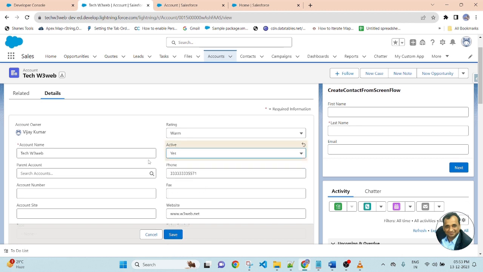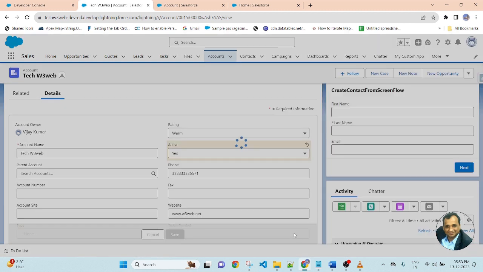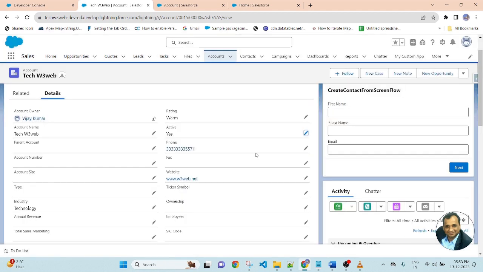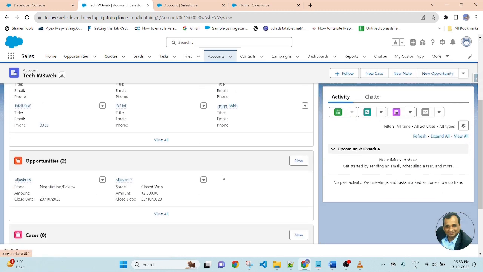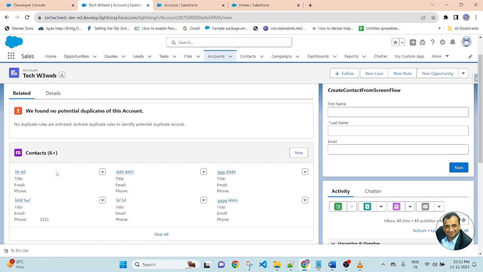Then I will be able to save the record because this account has no related opportunity with the stage closed lost. So now go to the save button. You are able to save the record because in the related list there is no closed lost record.